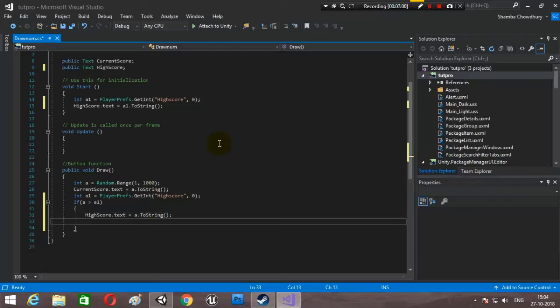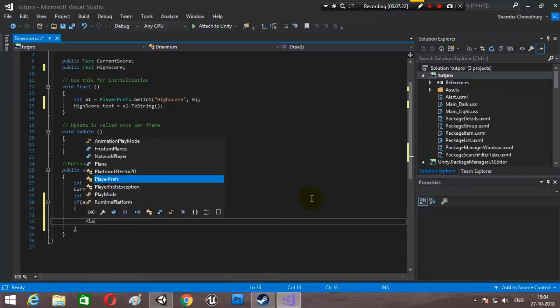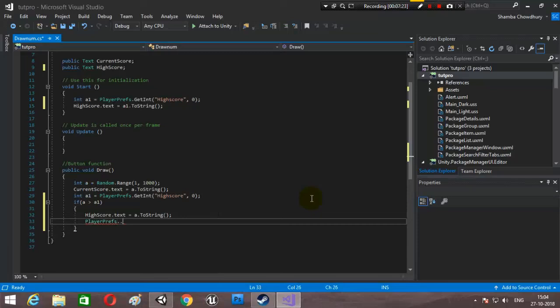Now we have updated the value on screen, that's in the text, but now we will need to update the value with this PlayerPrefs variable, that is, store a value into it. This time we will be using the set method. As set method is used for storing variables, it has got no return type. So let's go PlayerPrefs dot